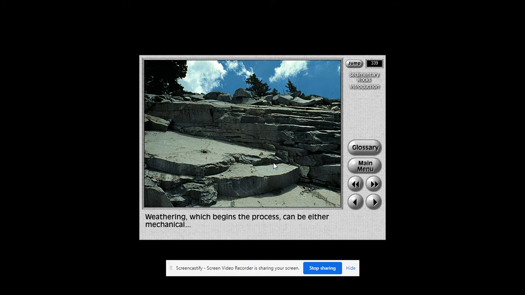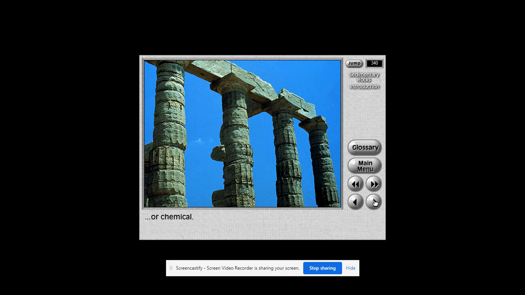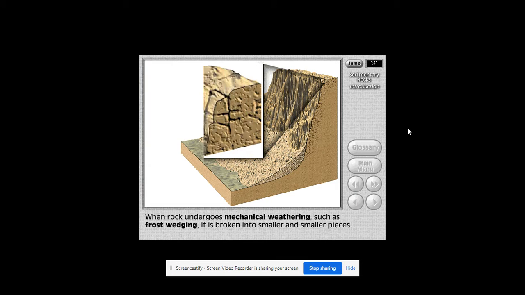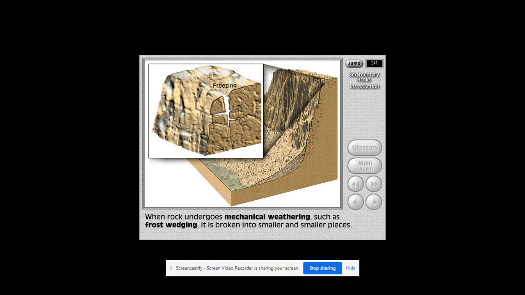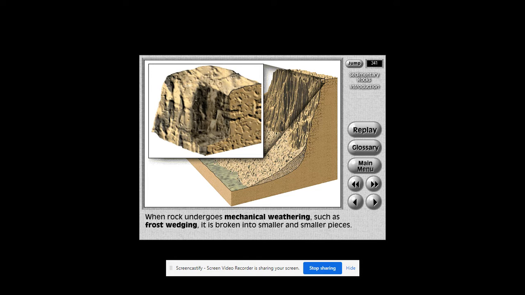So a little bit of notes about weathering. That's the breakdown of rock into sediment. And it can be physical, which is simple smashing, or it can be chemical, which is where things in the atmosphere like oxygen, carbon dioxide, water, salts, all of these things will degrade rocks and make them weaker. So just a little bit of information here on the physical weathering. It could be ice, it could be running water, it could be just gravity. But all of these things smash rock, create more surface area,